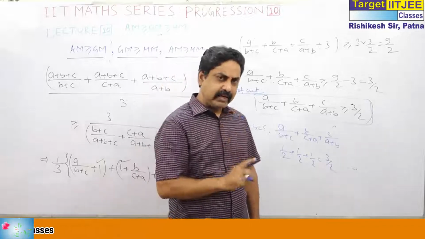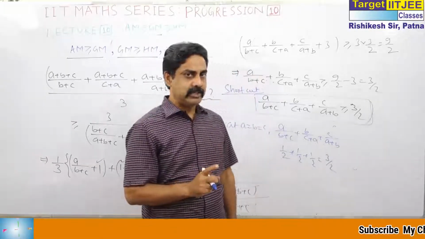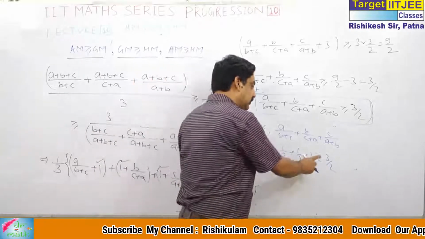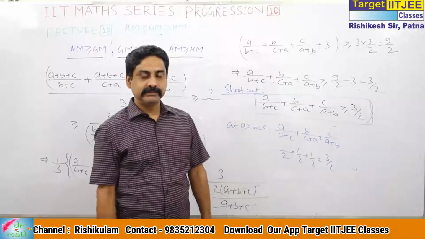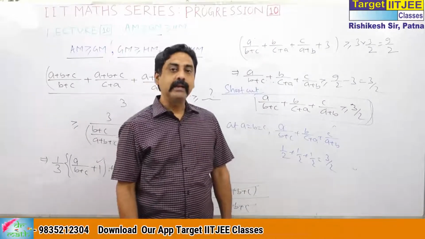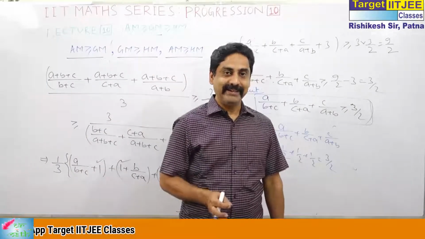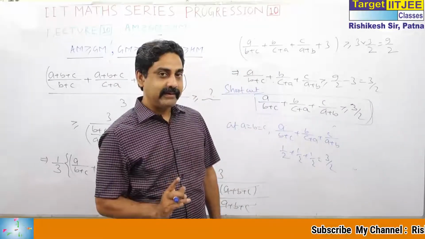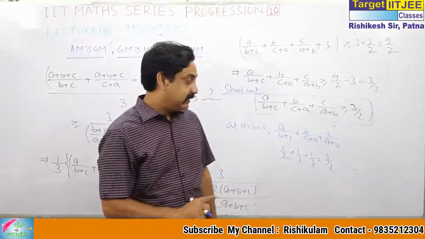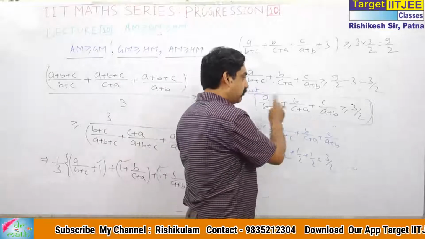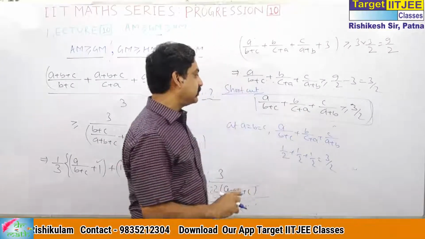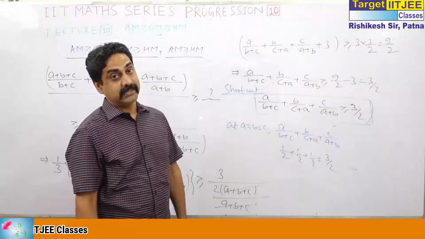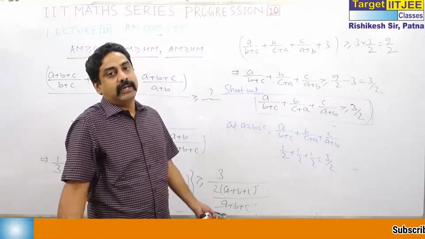It works in objective examinations, but there is a drawback. You can't guess whether it is a minimum or maximum value. For this you need some more experience. I will explain it, but what I have told here is that for symmetric questions, the maximum or minimum value occurs at equal quantities. You can apply this only if the minimum is asked.